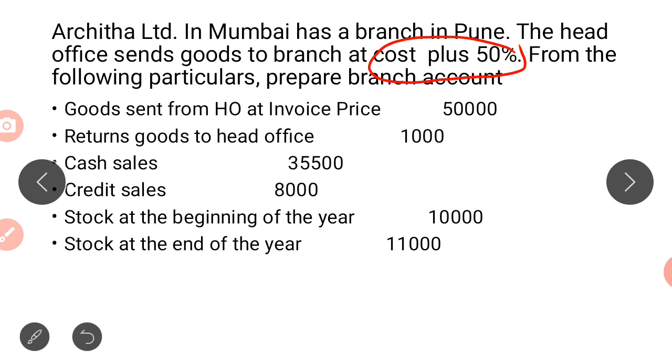And one more purpose is to have a greater control over the stock, whatever stocks are available at the branch. They make this type of calculation, specially on the opening stock, goods sent to branch or goods returned by the branch, and the closing stock. Only these items will be affected, the rest will not. Only for these will the calculation be based on the invoice price.